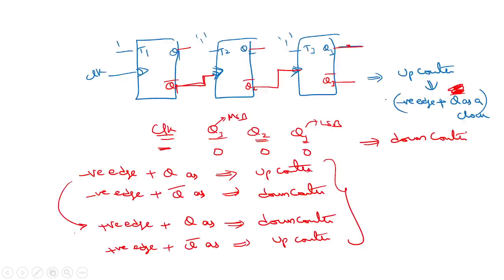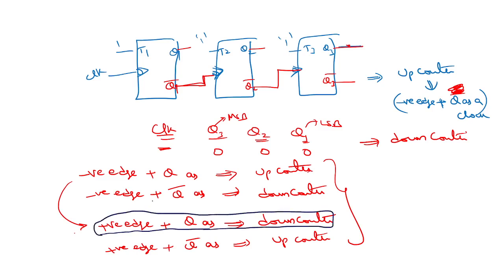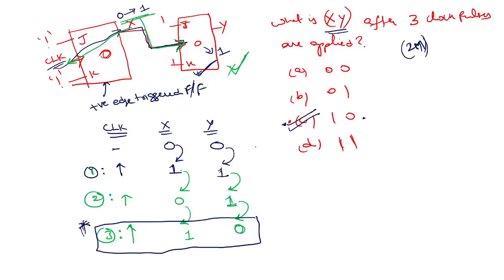Now I told you something here, right? Positive edge and Q will act as a down counter, right? Now, if you consider here, they didn't mention anything about MSB and LSB. Can you tell me which one should be considered as MSB and which one as LSB, according to the discussion that we had? Either X or Y,